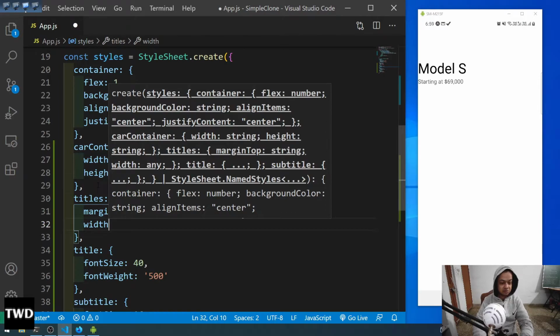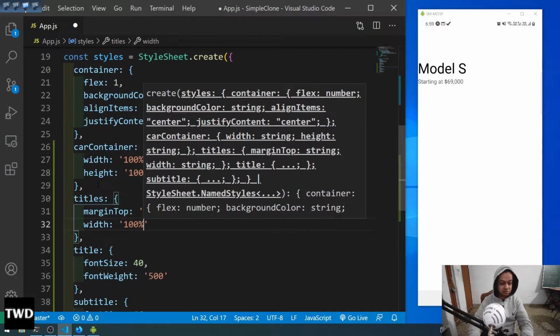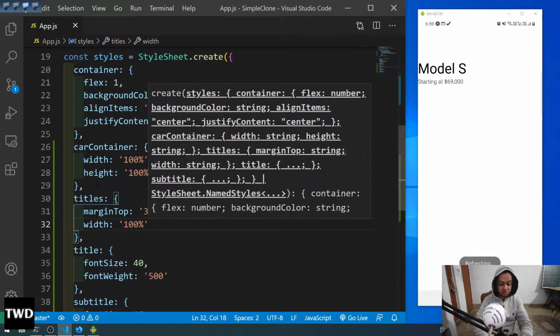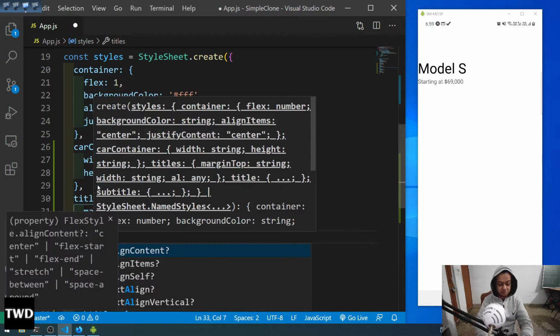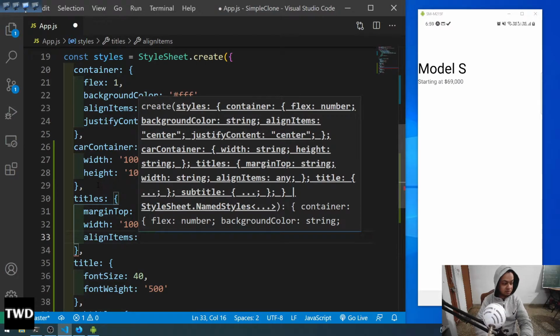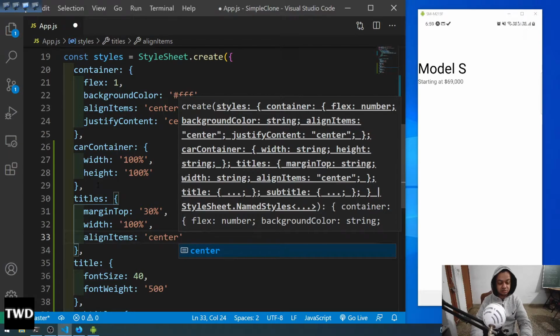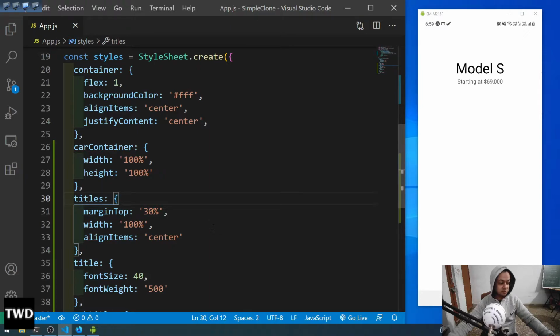With this 100%, and align items is center. So now it is looking good. Okay,